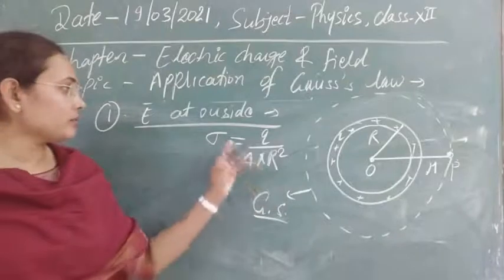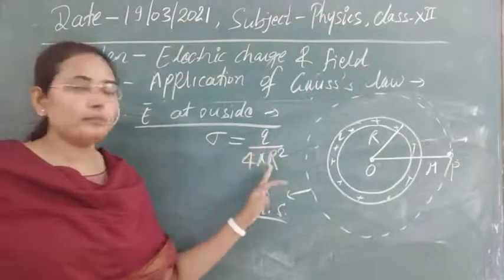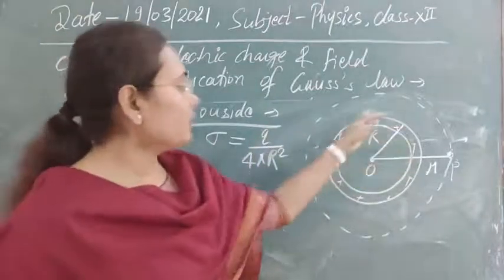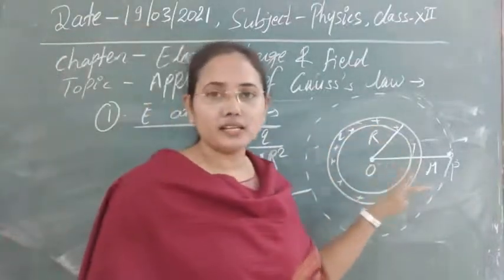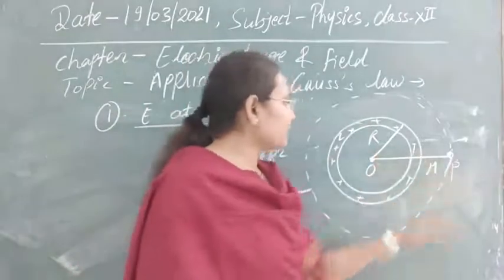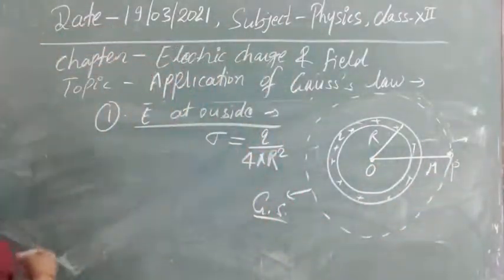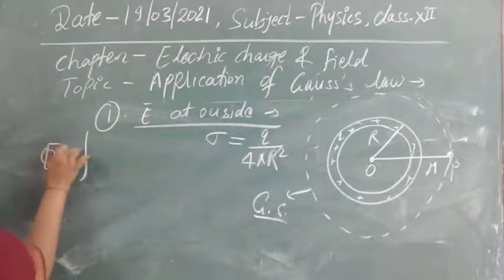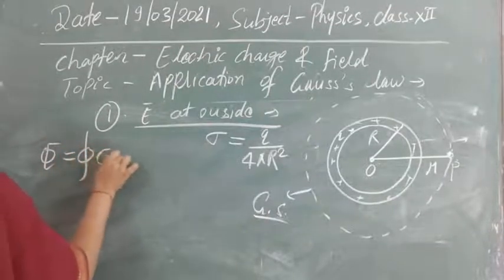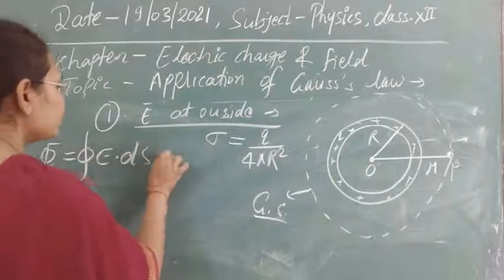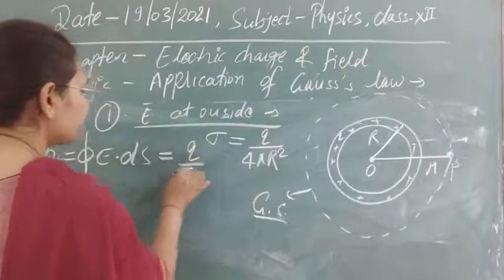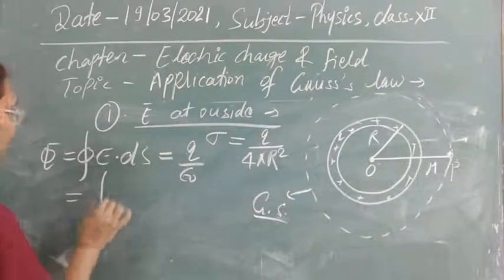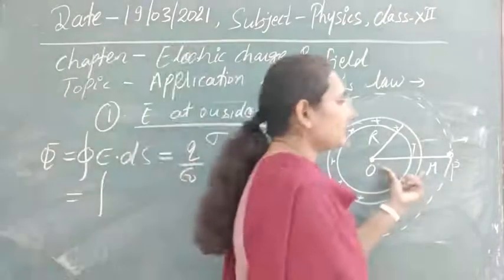So this is equal to sigma, upon sigma is equal to Q upon 4 pi r square. This is the charge density that is distributed over this spherical shell that is given to us. Next case, at point P, if we have to calculate the electric field, according to Gauss law, the integral of E dot ds is equal to Q upon epsilon 0. Now if we solve it, we will see the direction of the electric field.